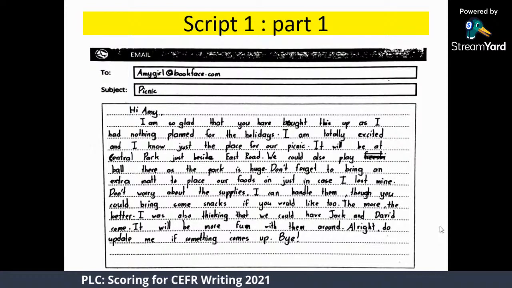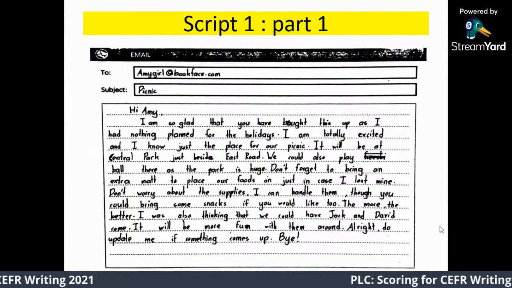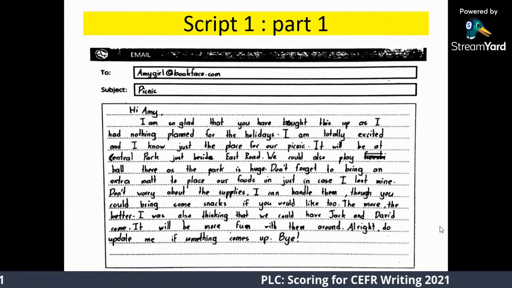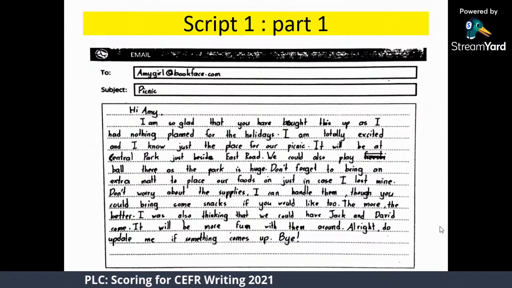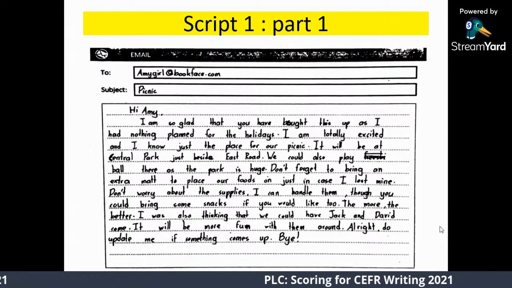If it's an error, you use a wavy line. Okay, and if it's a gross error, you put a line. Okay, but here it's just a spelling mistake, a very minor error. You just put a wavy line. So extra mat to place our food. Okay, again,